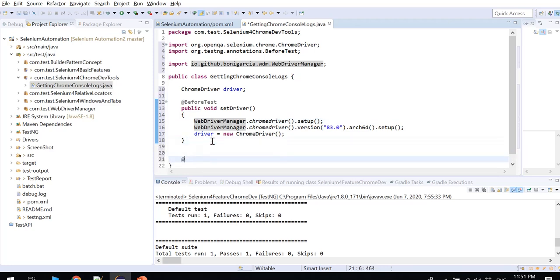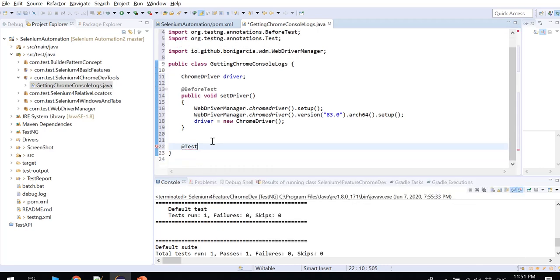Now let me create a test. Public void readConsoleLogs.